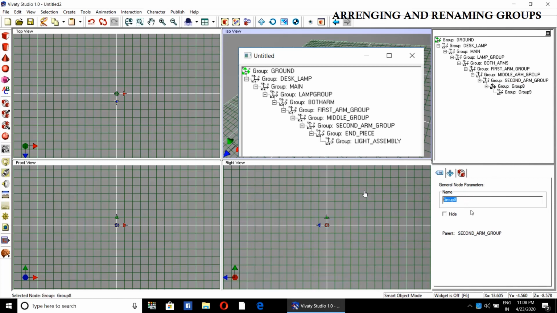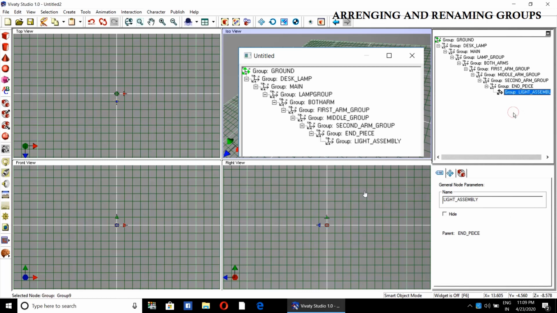Then there will be the end piece group. I have actually made a mistake in the spelling of piece. You write it correctly.